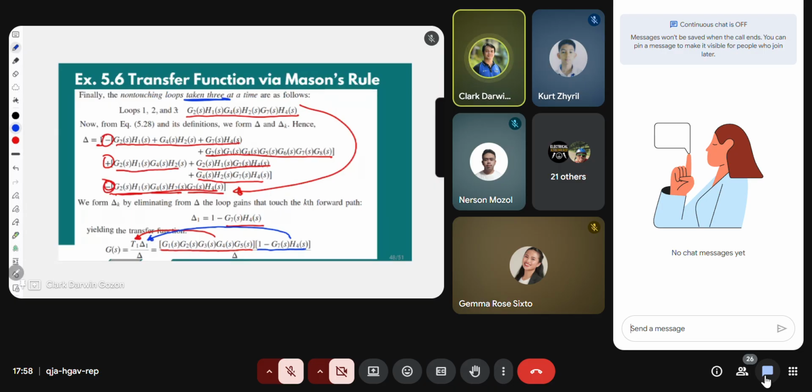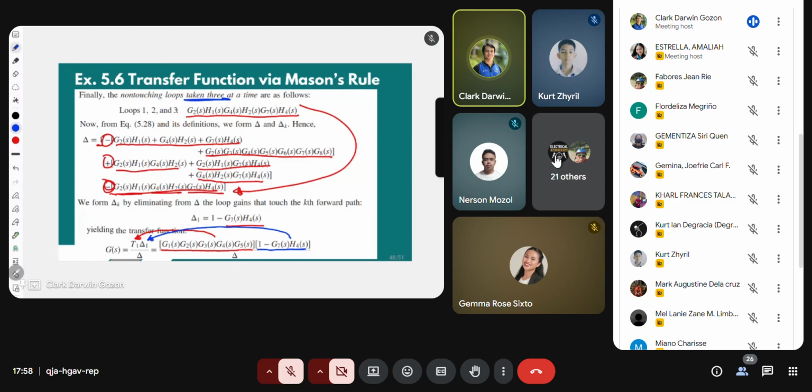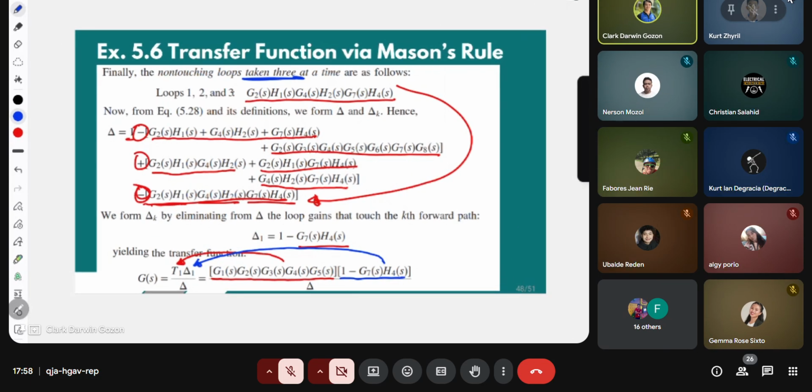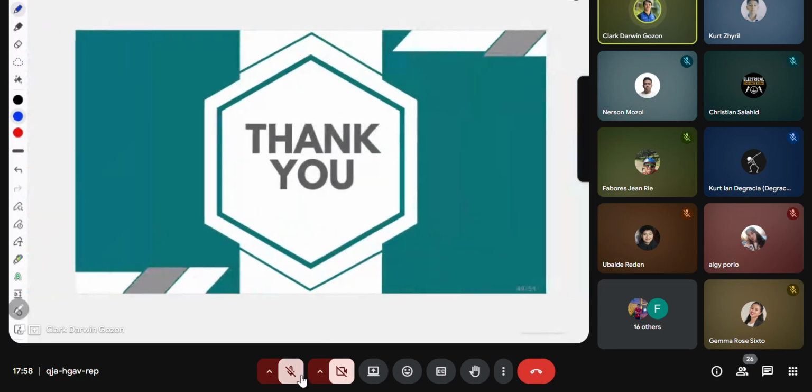You need to familiarize, if not memorize the process, no, or the system, how to do it. Question so far? Naay pangutana? Clarification? Wala clarification. Sige, kung wala clarification,